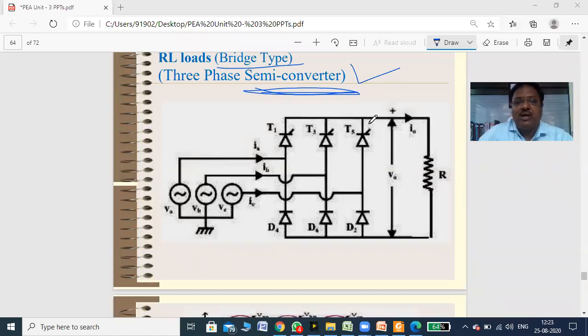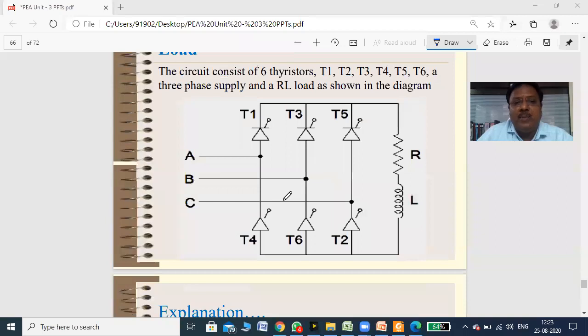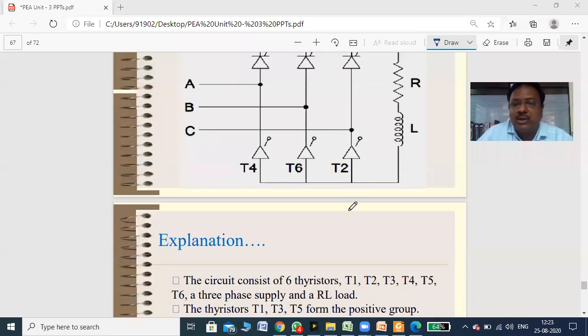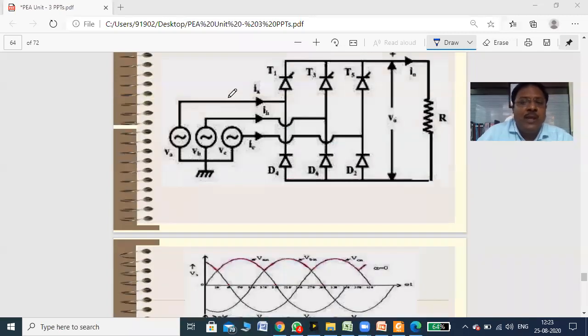So these 3 freewheeling diodes, D2, D3, and D4, will work as freewheeling diodes as well as for current conduction during the on time. So we'll start with the working of this particular converter. This is another converter that is a full converter, but we will see the working of this converter first. Now, if we consider that phase A is more positive,